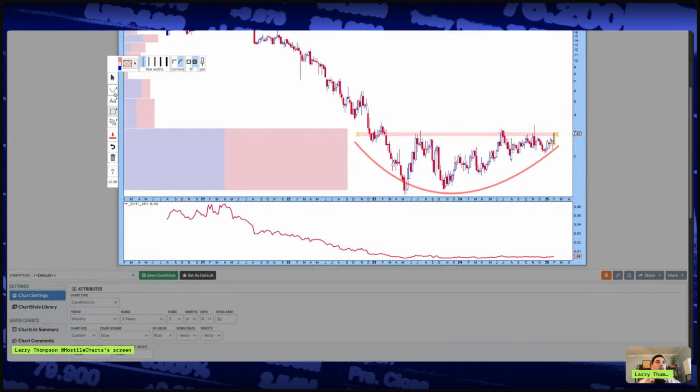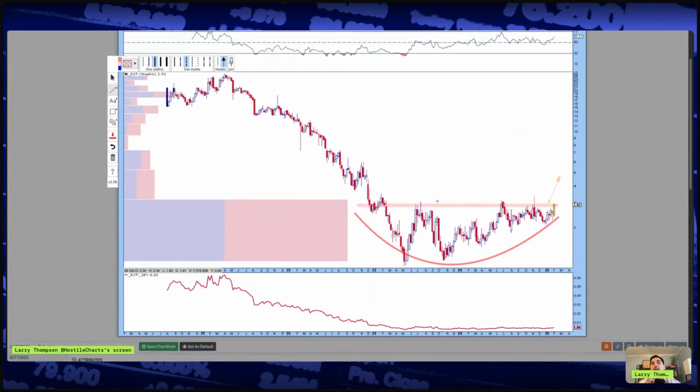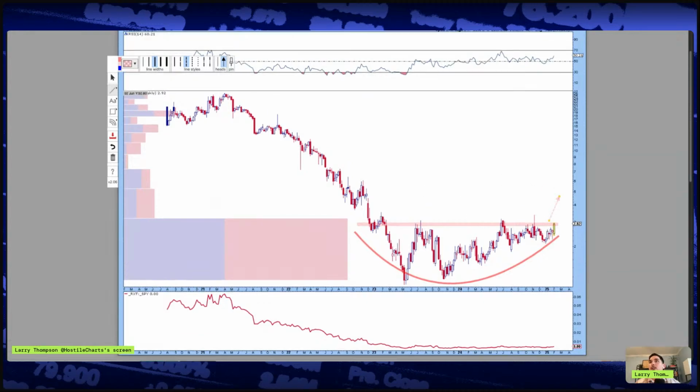This is a great looking chart, right? So we're buying here, looking for that resolution higher in this base. So I really like this name. This is a good looking chart, chat. It has that reversal pattern that we like to see, has this base, and this is on the zoomed out chart. So from a longer term perspective, I really like this pattern. These are just great looking charts from the chat.